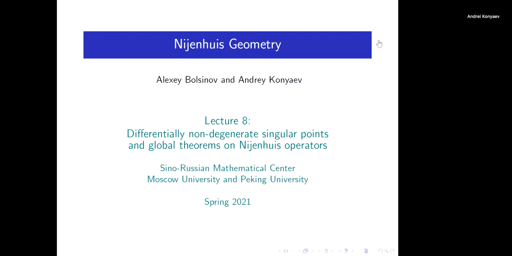We got so far to lecture 8, right? What we did in the previous lectures, we covered some ground concerning normal forms. We discussed the case when the Nijenhuis operator is diagonal. We discussed in great detail the case when the Nijenhuis operator is a single Jordan block with constant or probably non-constant eigenvalue. And using Thompson's theorem, we a little bit